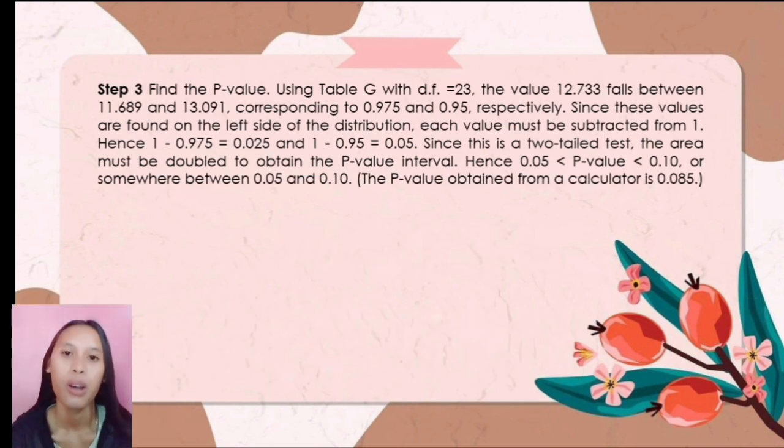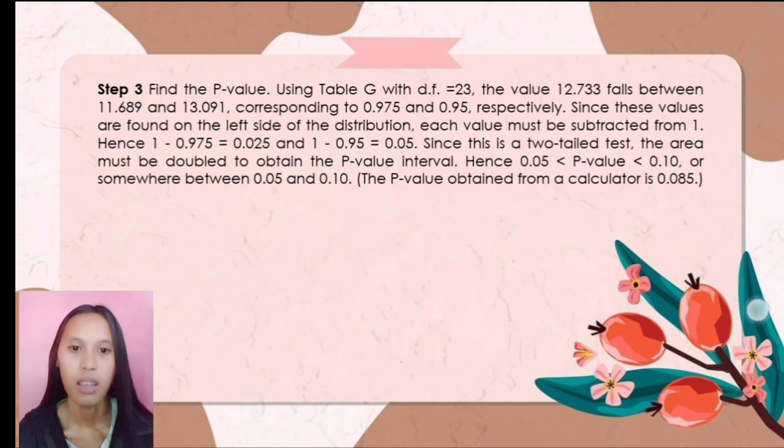So, next, let us find the p-value. Using our table, with degrees of freedom equal to 23, the value 12.733 falls between 11.689 and 13.091, corresponding to 0.975 and 0.95 respectively. Since these values are found on the left side of the distribution, each value must be subtracted from 1. Hence, 1 minus 0.975 is equal to 0.025 and 1 minus 0.95 is equal to